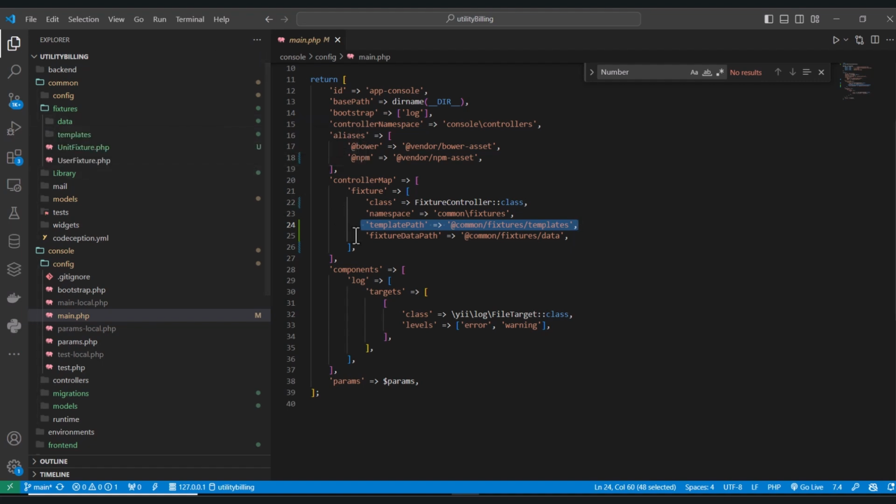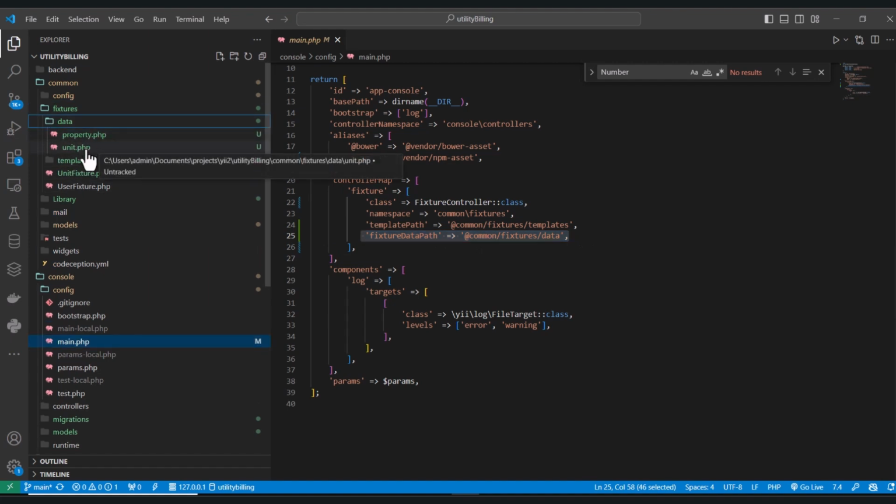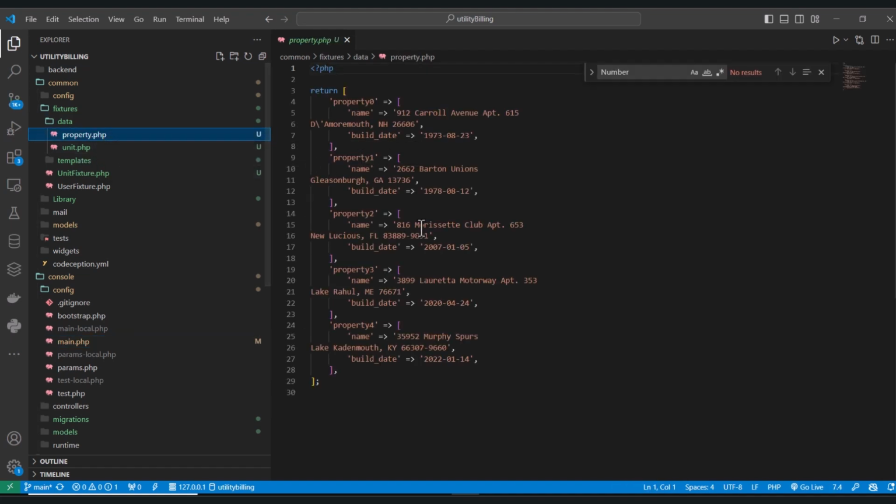Then the fixture data path, this is where our pre-configured, predefined data will be. So it's usually an array. This is for properties. We generated about 5 properties that are going to hold the units. Now we want to generate data and load that data to the database for tenants. So what we will do,